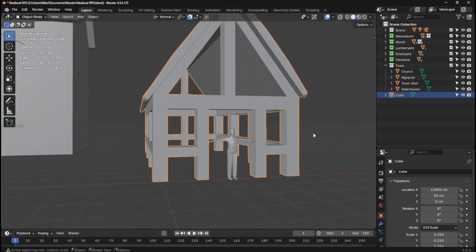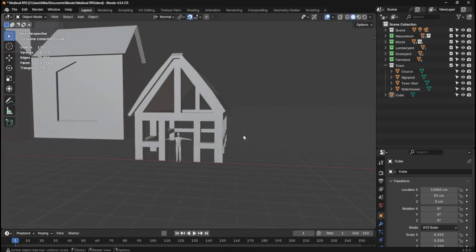Right, are we going to add a door to this? Because I don't want the player entering the houses. And that also means we can reduce the tri count because we can get rid of the faces on the inside. It's funny because a lot of these medieval houses I'm looking at, I mean, they do have doors, but